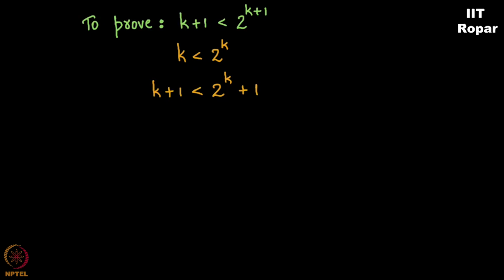Right? This 2 power k plus 1 is less than or equal to 2 power k plus 2 power k. Observe. Let me explain. It must strike you that 1 is definitely less than 2 power k. Right? For any k, 1 is less than 2 power k. And hence, I'm just inserting that here. 2 power k plus 1 is less than or equal to 2 power k plus 2 power k. You see, it hasn't affected the inequality at any cost.